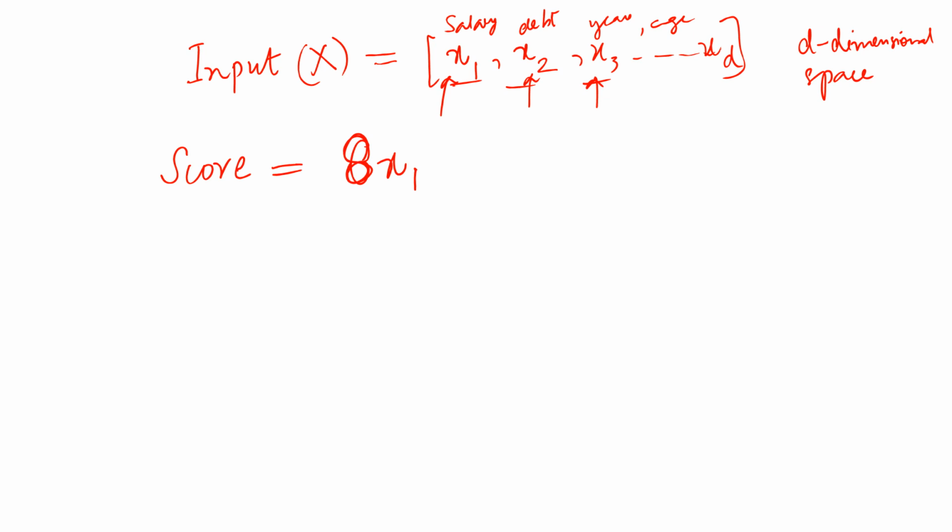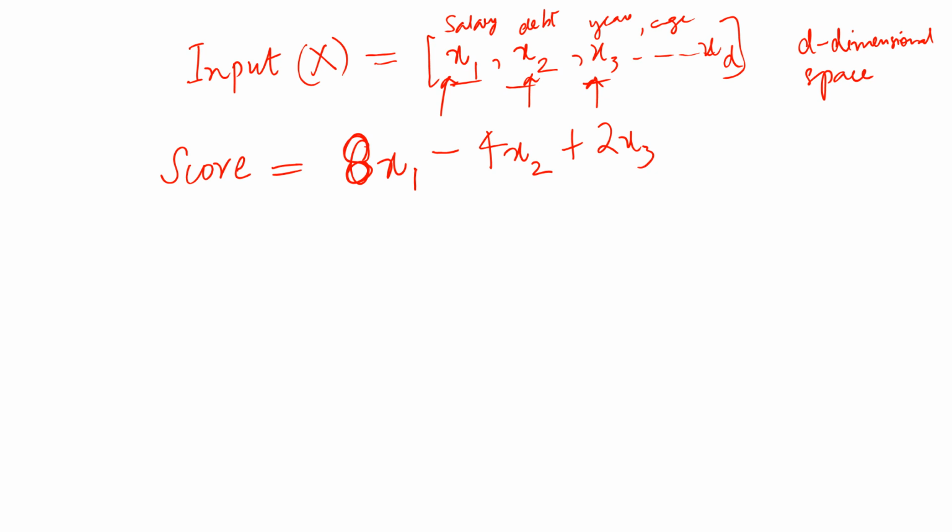And then debt, well, if you think about debt, it's not as good, right? If a person has a huge amount of debt, and if they have some lower amount of debt, then that's good, right? So in a way, this factor impacts my score negatively, because that's going to be my basis for giving out and approving an application or not. Okay, so I know that this impacts inversely, and maybe to some extent it is important. So I'm going to give this a weight of 4, and I'll say minus 4 x2, and then